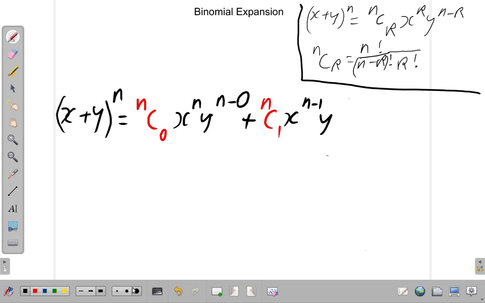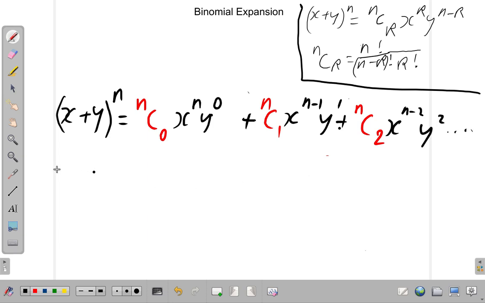Oh, my mistake, this would be to the 0, or in other words, alright, this is to the 0. Then n minus 1, y to the 1, plus, and you have nC2 multiplied by x to the n minus 2, y to the 2, and so on